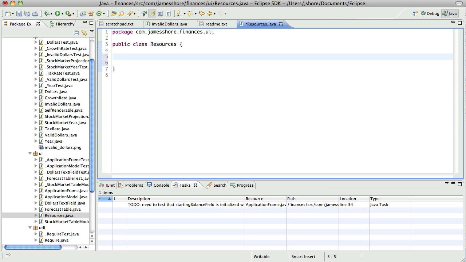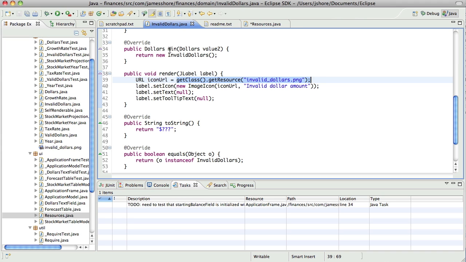Monotypes are sort of a simpler way of doing the same thing, but the problem with a monotype is if you ever want to have multiple instances, it's a real pain to change. So what I think I'll do is I will go ahead and not make this a monotype, but I'm not going to make it a singleton either. I'm just going to do a simple call. And what I want to do is I want to take this piece of code here